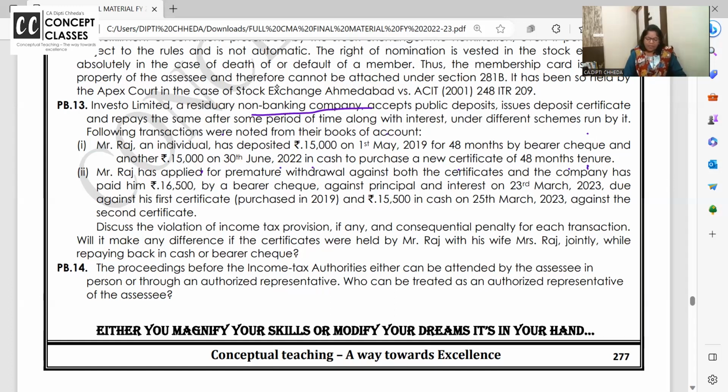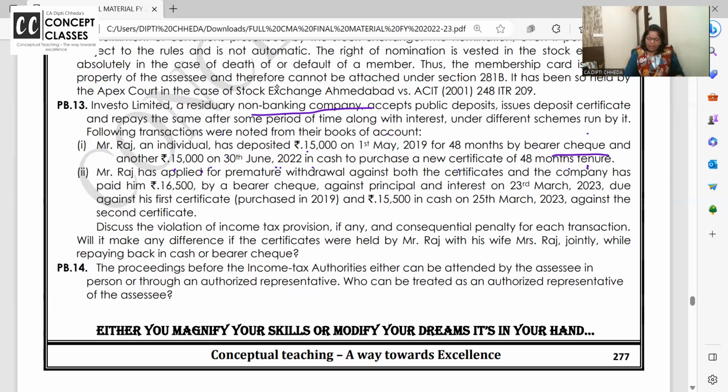उससे अलग है. तो राज ने ना एक FD कराया बैंक में, बेरर चेक. You all know what is बेरर चेक? किसी का नाम नहीं रहता है, गुमनाम. जिसके हाथ में चेक आए, जिसके पॉकेट में, you can write pay to Dipti Chheda, pay to Rishabh, whatever you want you can write. So बेरर चेक से हमने एक FD कराया और एक 15,000 in cash to purchase a